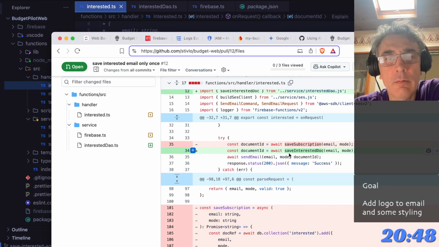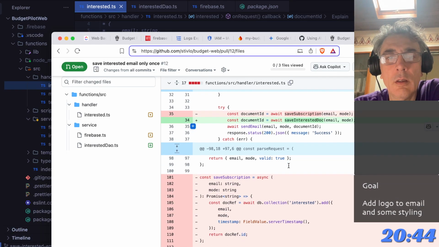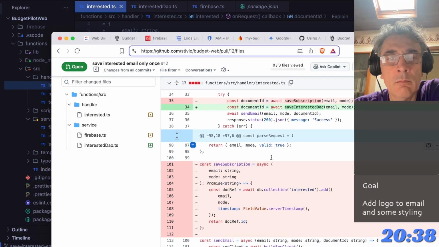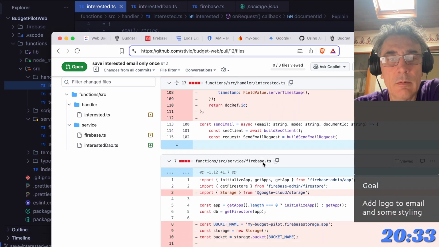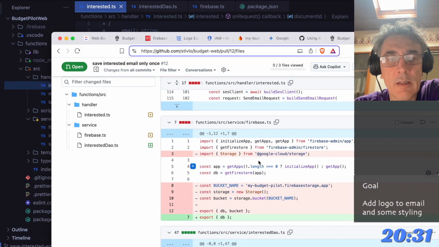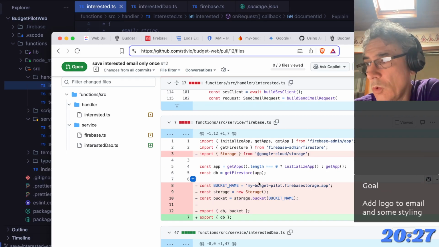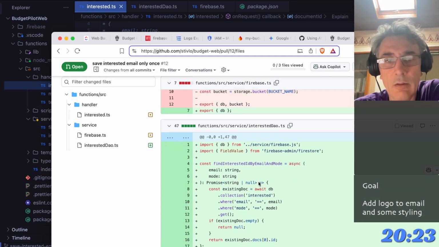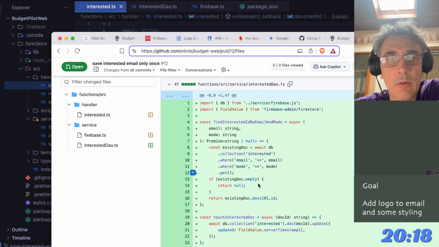It's just one function that is importing save interested doc, and gets the document ID and uses it to send the email. This function is not necessary. Now, Firebase, yes, remove the bucket support for Firebase storage, or Google Cloud Storage, whatever. And now I have the new interested DAO